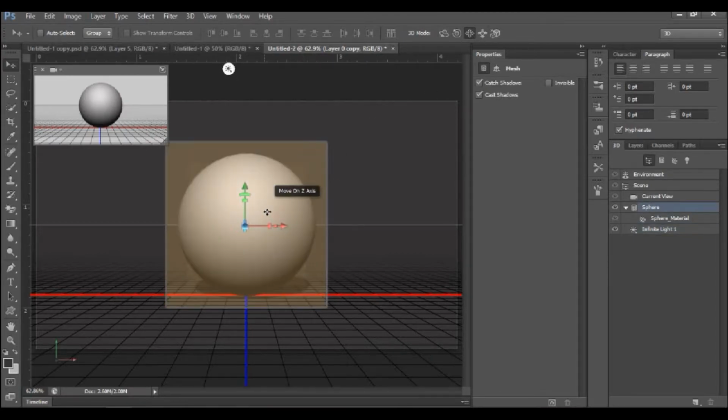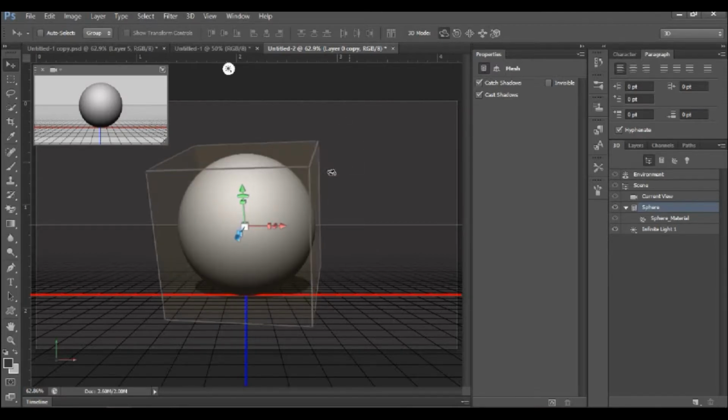Now you have different types of axis, like this is z-axis, this is x-axis, and this is y-axis, and that front one is z-axis. You can rotate it by just clicking and dragging, so it will rotate your sphere.